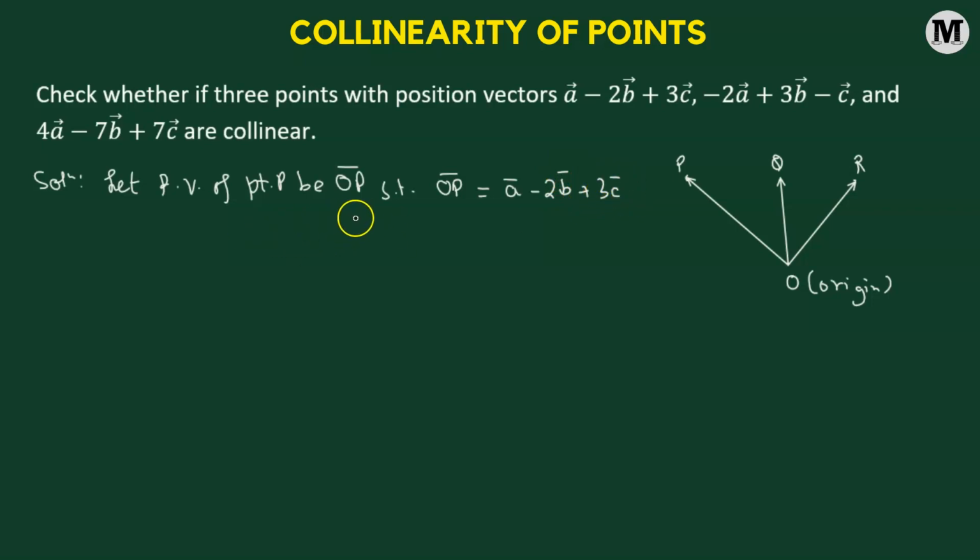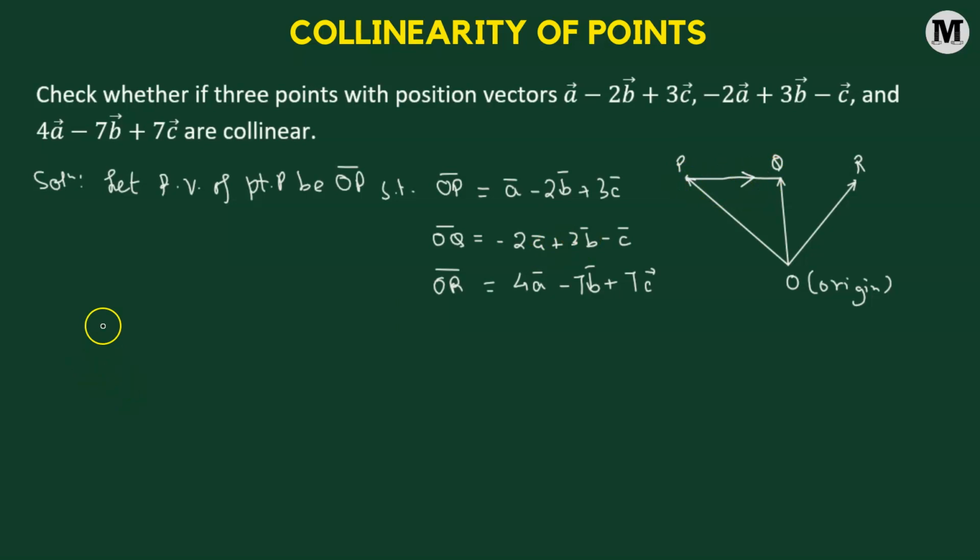Similarly, we can define the position vector of point Q such that OQ vector equals negative 2A vector plus 3B vector minus C vector. And then we will consider the position vector of point R to be OR vector defined by 4A vector minus 7B vector plus 7C vector. Fine. Now we'll join point P and point Q with the help of a directed line segment